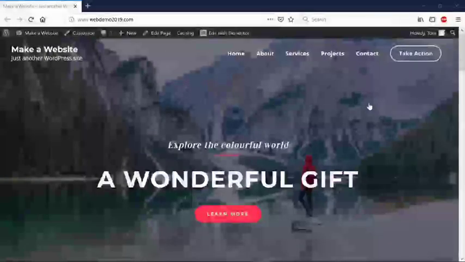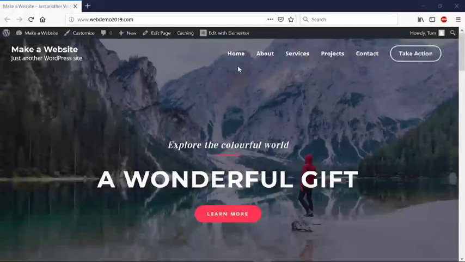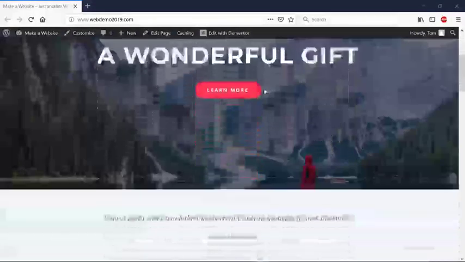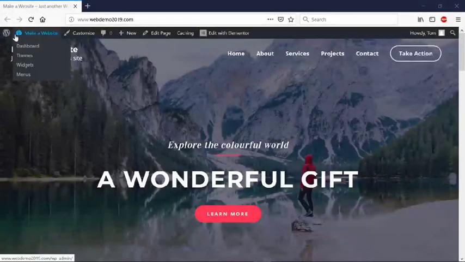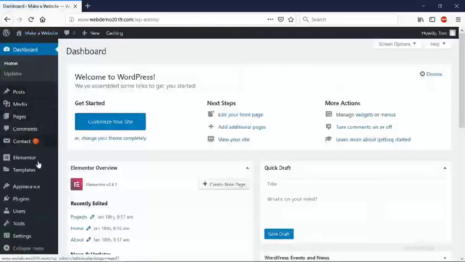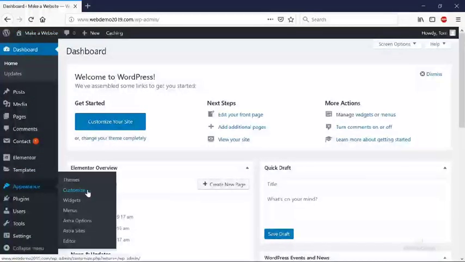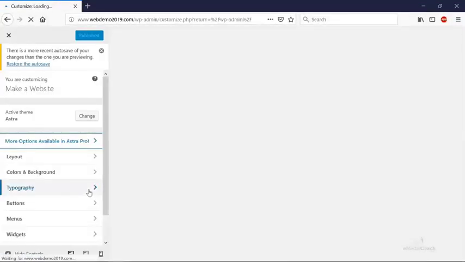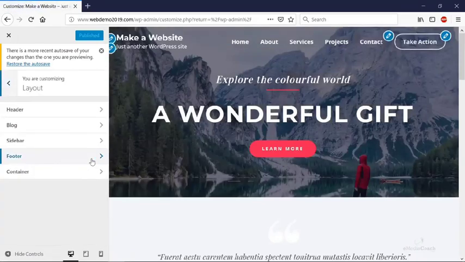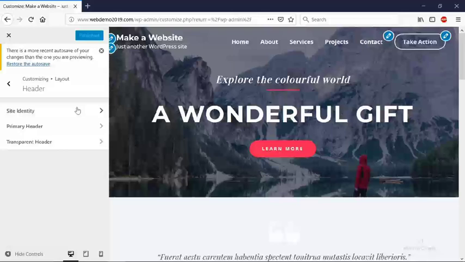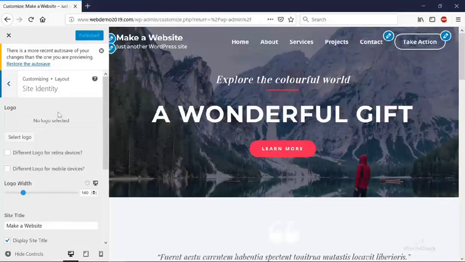The next thing I'm going to do is take you through some of the general customization features that are available for you to choose from to customize this in the way you want. So I'm just going to go back into my dashboard now, and I'm going to hover over Appearance and click on Customize. If we start at Layout and I click on that and then go to Header and Site Identity,